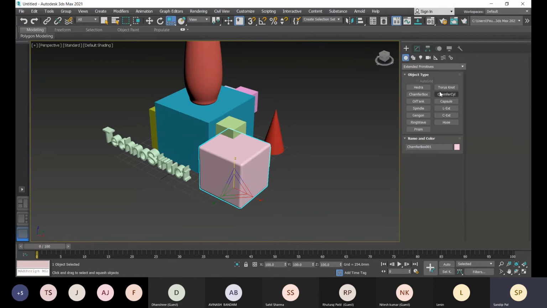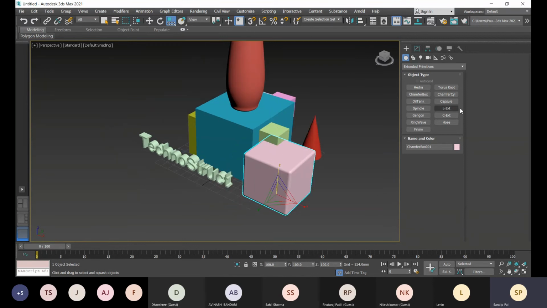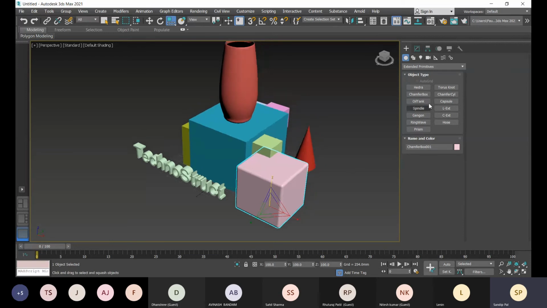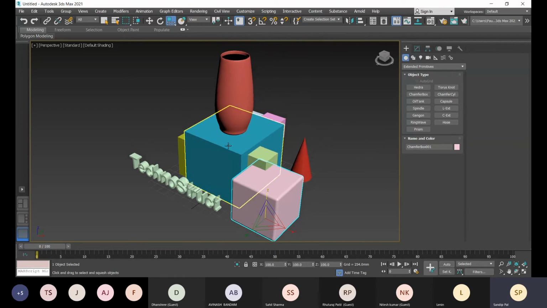Same like that, these options are available here. With the transformation tools and this coordinate system, I suggest you guys apply all these tools. Play with these tools, and you will get different results.